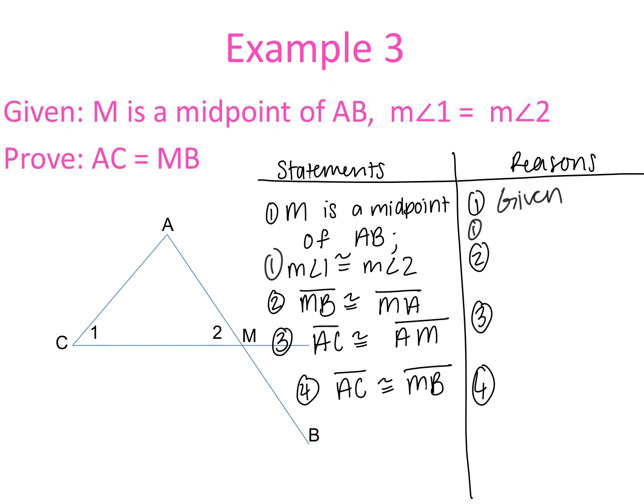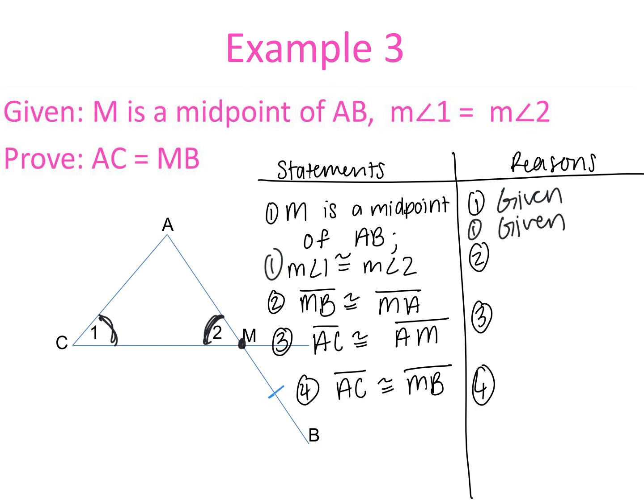What about the measure of angle 1 is congruent to the measure of angle 2? It's also given. I'm going to go ahead and label these. M is the midpoint. I'm going to put a dot right here. M is the midpoint of AB. Angle 1 is congruent to angle 2. So always label. The next one states